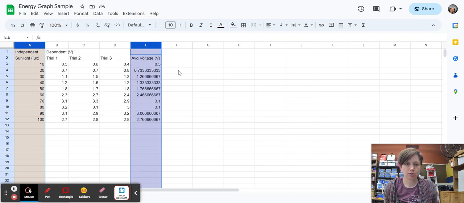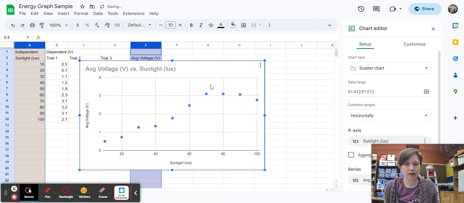Now, compared to our previous experiments that we did in the fall, we may see something kind of different in this energy generation, and that is that we may have a graph that has a linear portion and then a portion that is nonlinear. So in this graph, I see the sunlight going up and up and up, and then at about 60 lux, I stop seeing that graph go up anymore. And there's a wide range of reasons why our graph might decide to not be linear anymore. And I want you guys to process what that looks like from your wind energy experiment. But in any case,